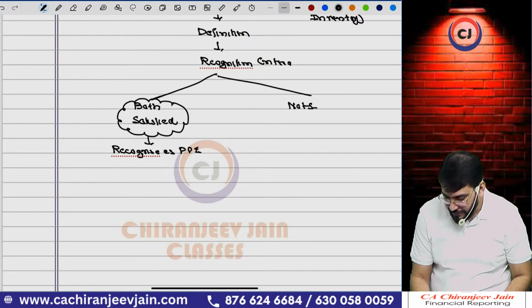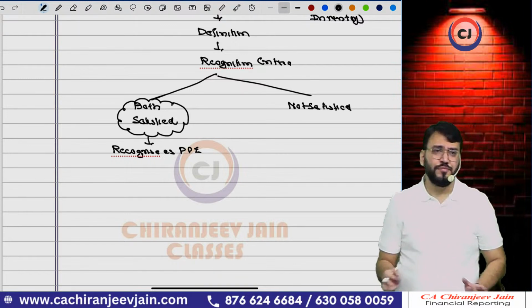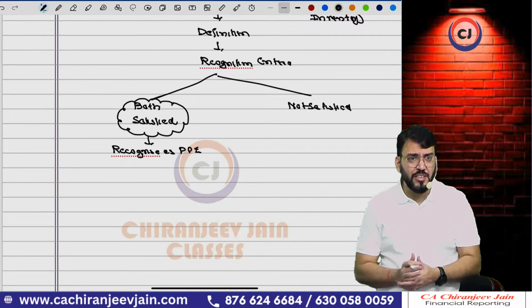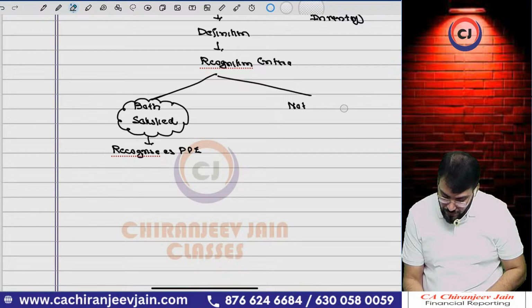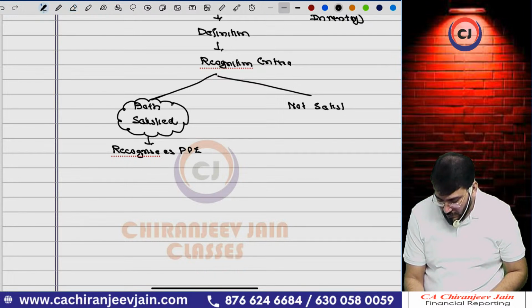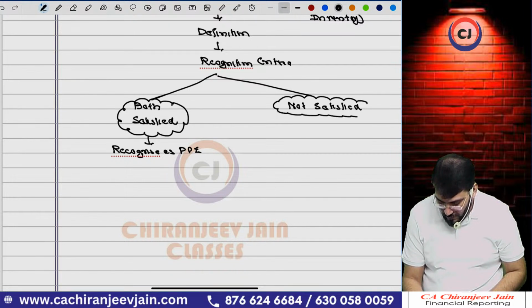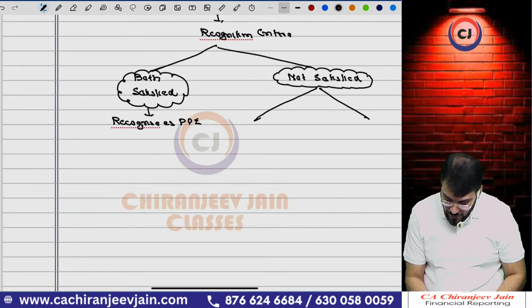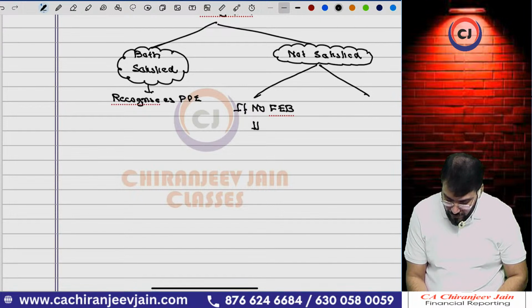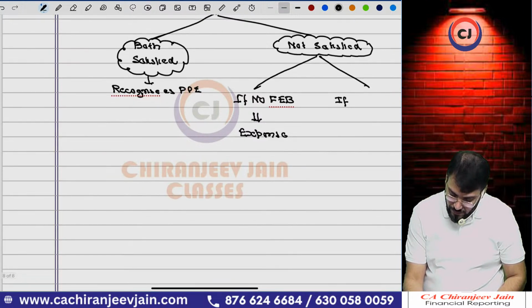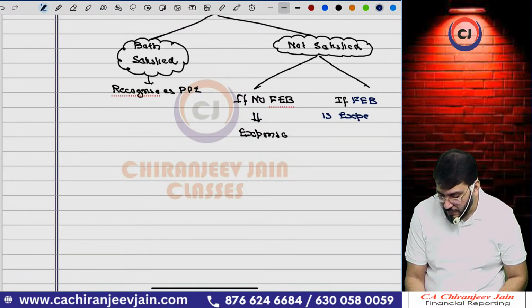If not satisfied, either one or both. Either definition is not satisfied or recognition criteria is not satisfied. In that case, what will you do? If no future economic benefit, expense immediately. But if future economic benefit is expected from sale, understood? Can be sold,